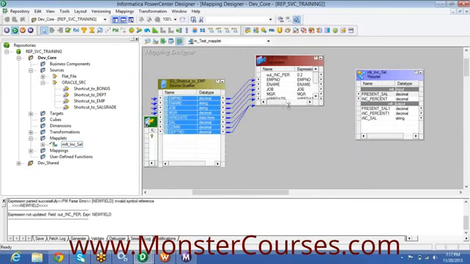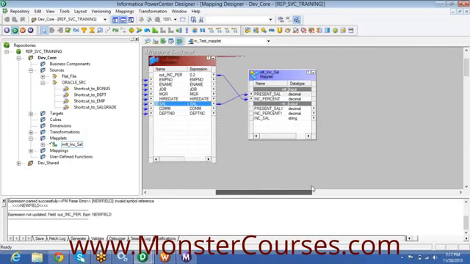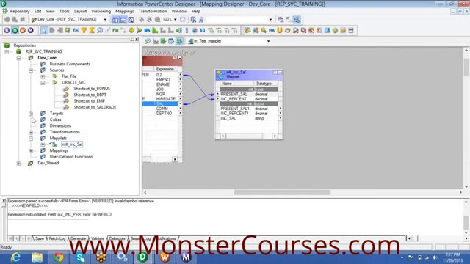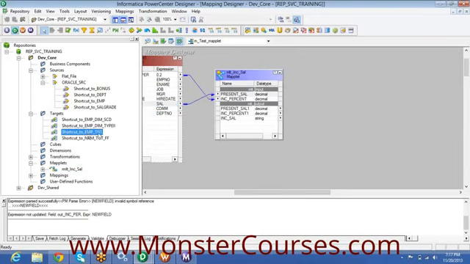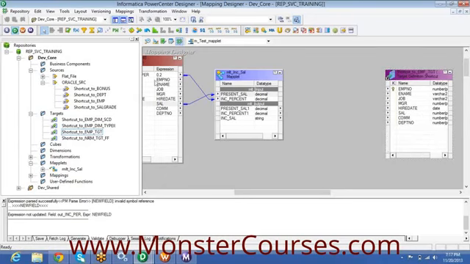From the expression, you pass the increment percentage, and present salary. And then you directly connect the data to the target: employee number, ename, job, MGR, hire date. You directly connect here.